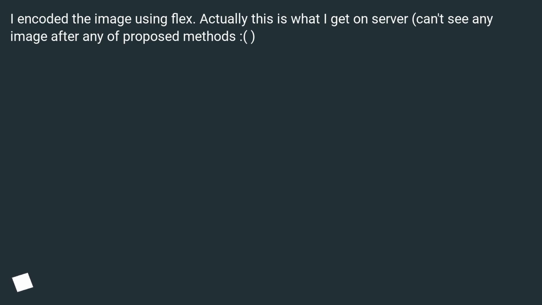I encoded the image using Flex. Actually, this is what I get on the server. Can't see any image after any of the proposed methods. :(